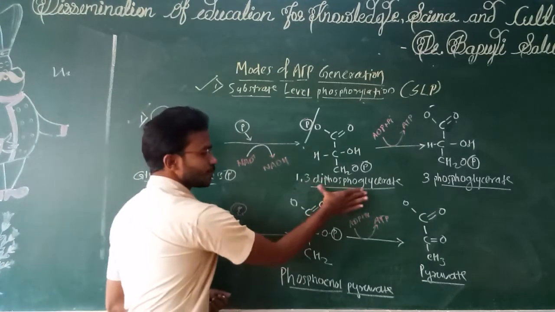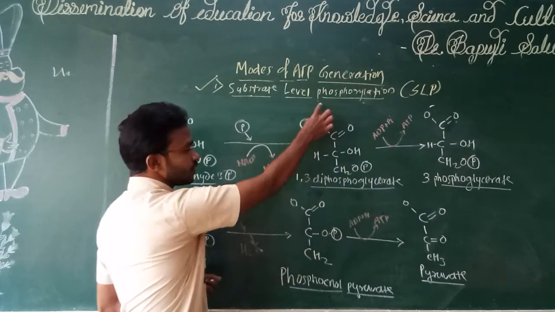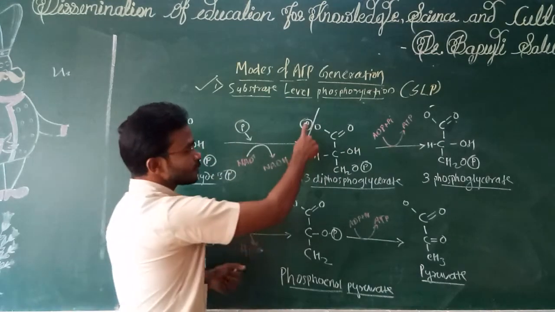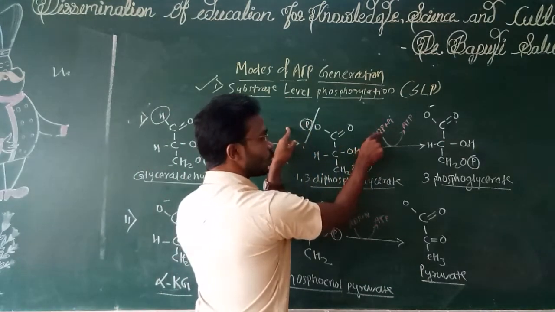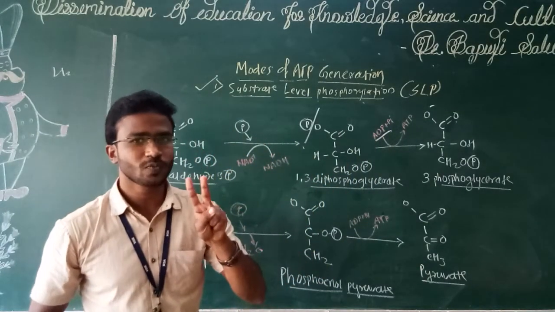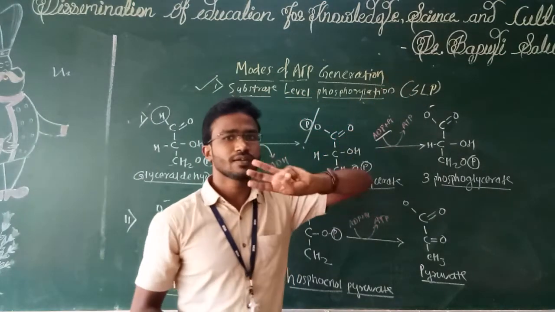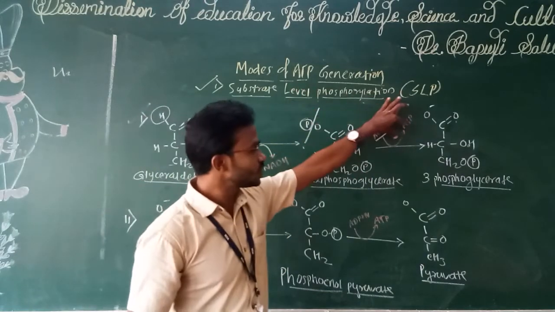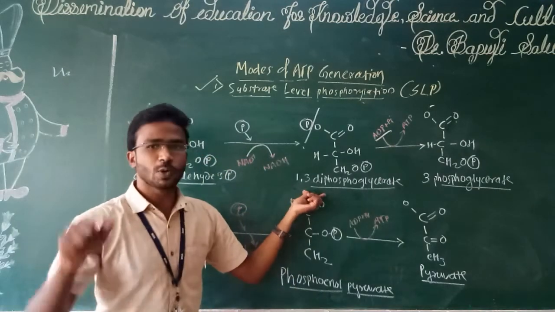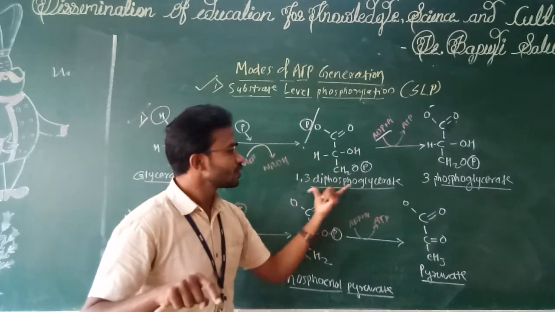As a result, this is a substrate. Look at this. This is a substrate, 1,3-diphosphoglycerate. This bond is broken down, means it is catabolized. Phosphate is released. This phosphate is accepted or added into ADP, adenosine diphosphate, which already contains 2 phosphate plus this 1 phosphate, that forms ATP, adenosine triphosphate. So here ATP is generated and the remaining structure is known as 3-phosphoglycerate because it was 1,3-diphosphoglycerate. From first carbon phosphate is released, so it is now 3-phosphoglycerate.